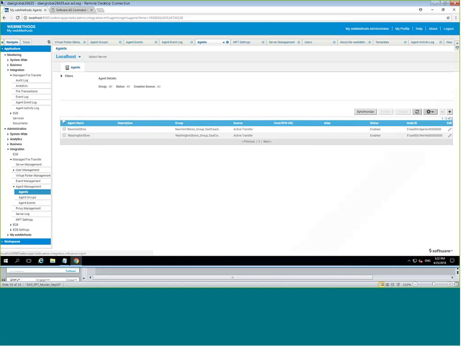So as you can see here, I have a set of interfaces available for agents that were just added in the 10.2 release. So all of the screens for agent management are available under agent management. So you have agents, agent groups, and agent events.